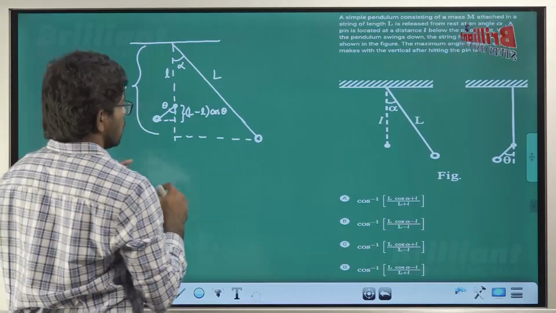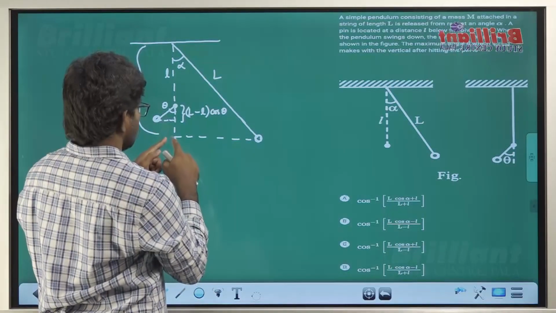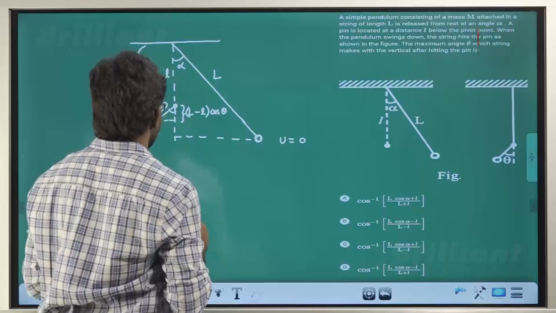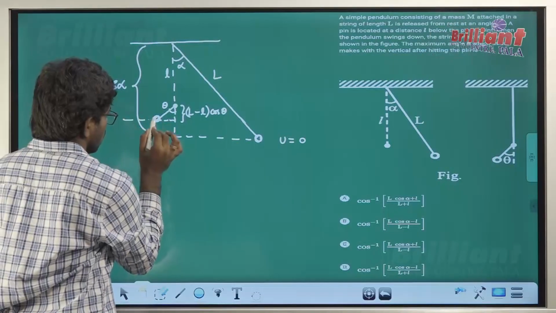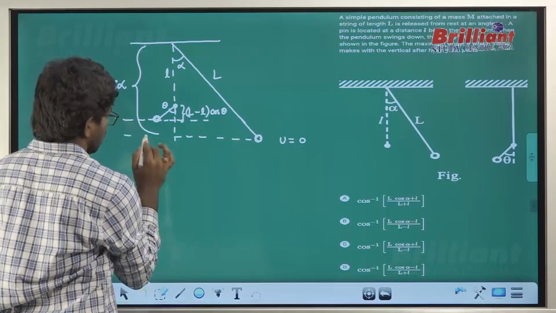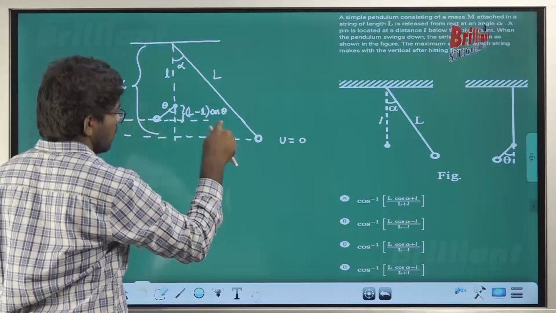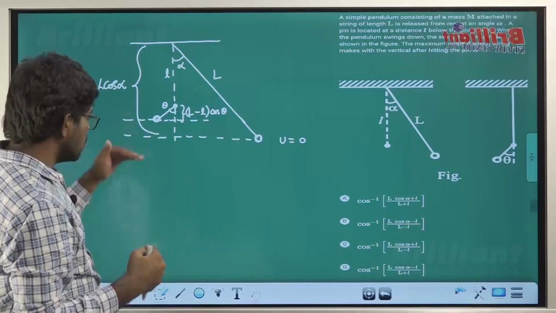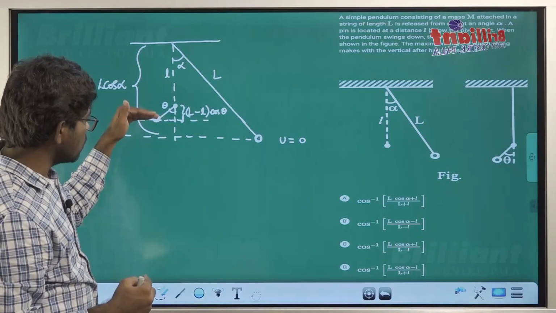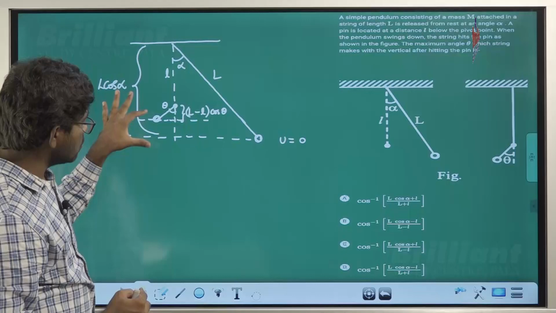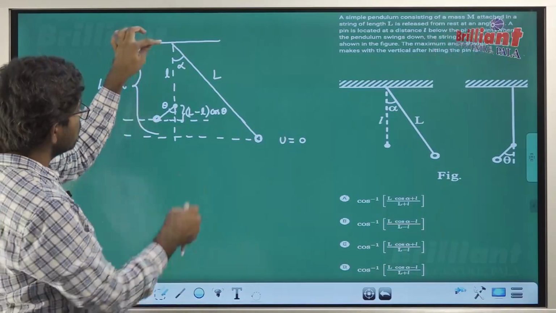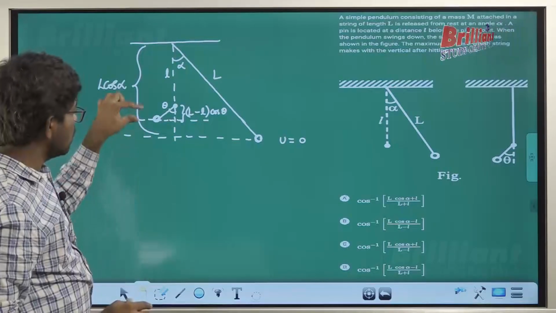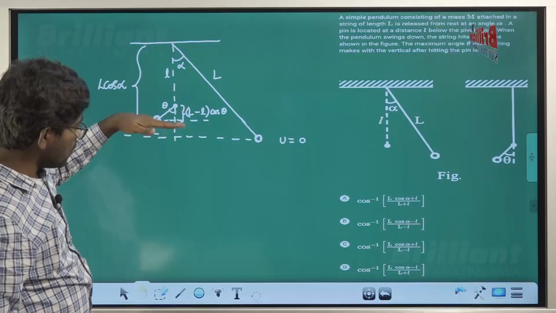Right. Now, I am considering here the potential energy 0 at this level. Potential energy is 0 here. Then what is the potential energy at this level? What is this height? See, the ball is lifted up at this point here. It can be somewhere here also. Okay, just for understanding, I'm drawing a little bit here. Don't think that it is this much length, and after coming here, how it will become this much. It can be somewhere here. But I had to show some difference so that you can understand here.